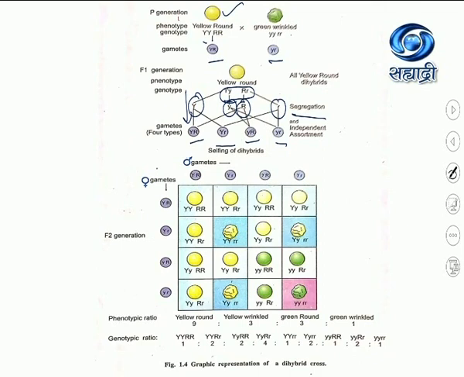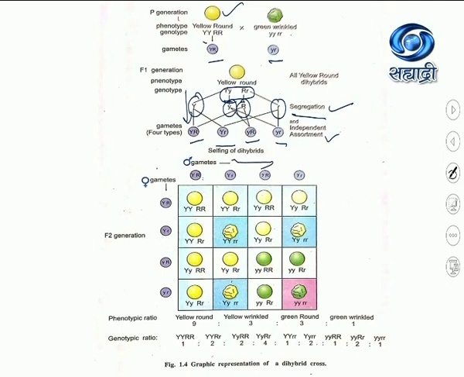Members in the allelic pair remain together without mixing with each other. While gametes are forming, they segregate from one another and independently assort to form different partners. And now, what was the result of selfing? A result of selfing was, here we are treating these gametes as the male gametes and these gametes as the